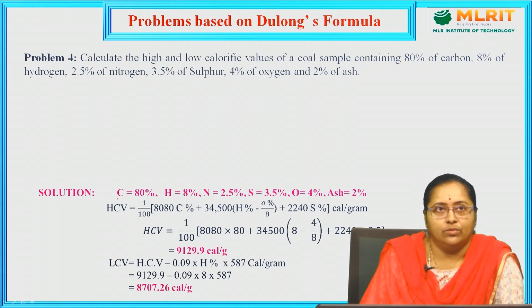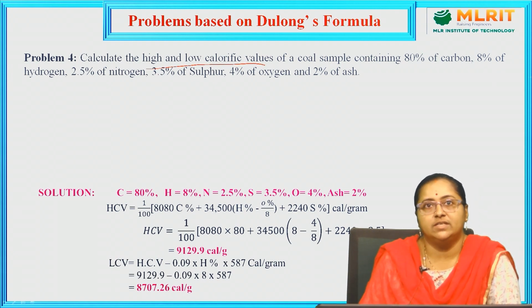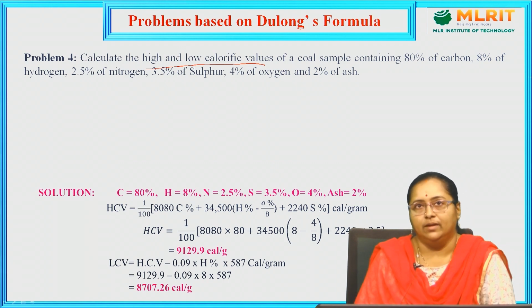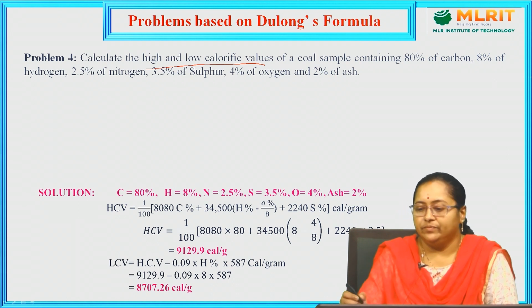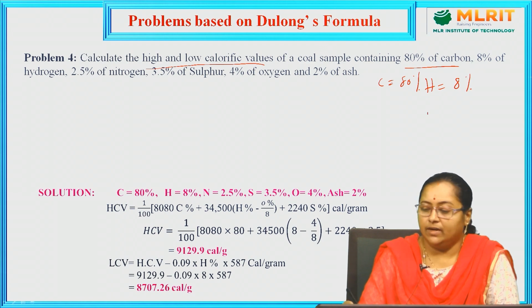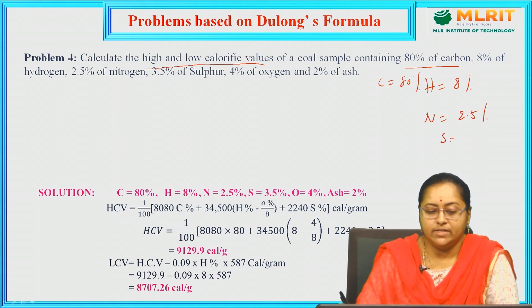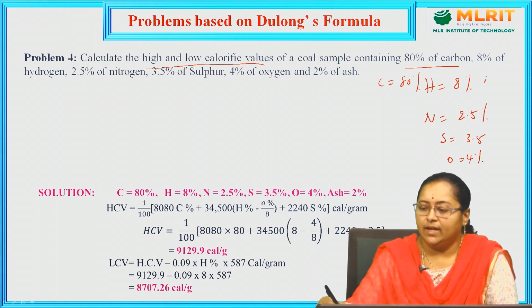So let us go with one problem. Calculate high and low calorific values, that is HCV and LCV, of a supplied coal sample. Here a solid fuel coal sample is considered, and its data is given. Carbon content is 80%, hydrogen content is 8%, nitrogen is 2.5%, sulfur is 3.5%, oxygen is 4%, and